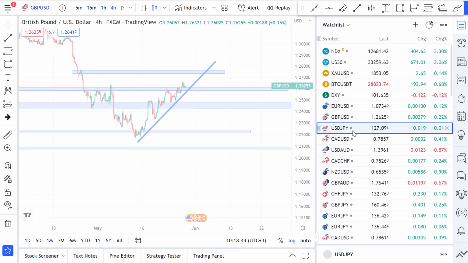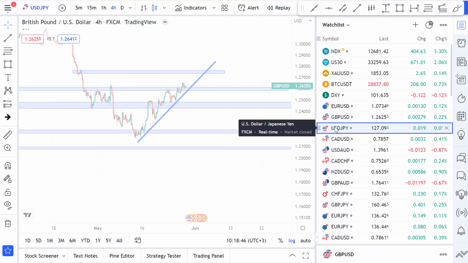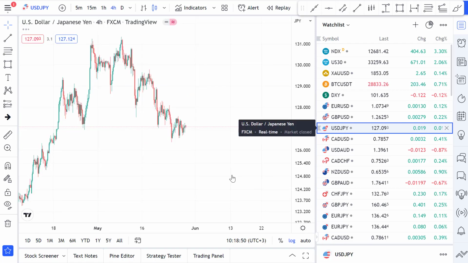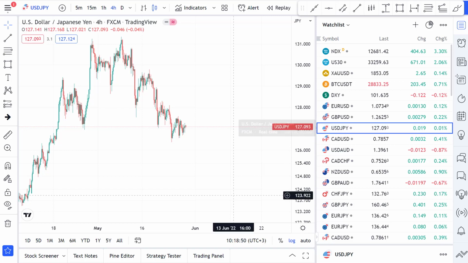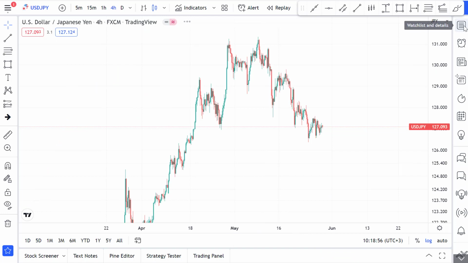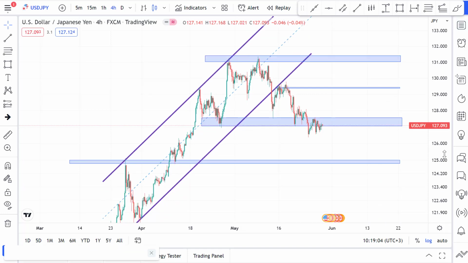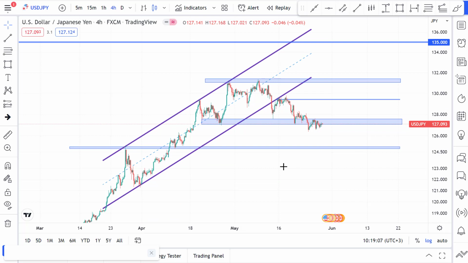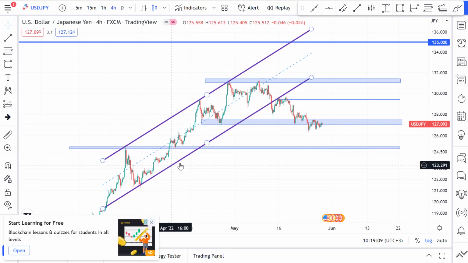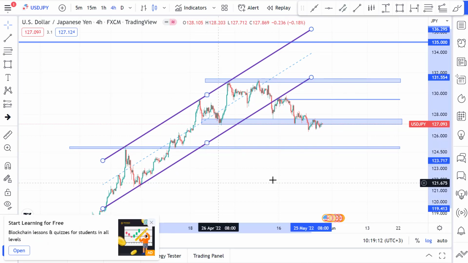USDJPY is the second one we are going to talk about. For USDJPY, you can see, according to the good situation of Japan, we had a downtrend because the dollar was getting weaker in comparison with the Japanese yen. And let me update my analysis for you, and I will tell you what will happen